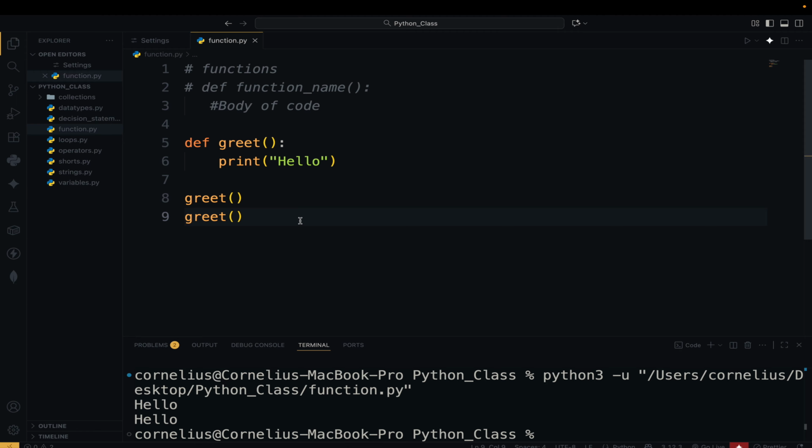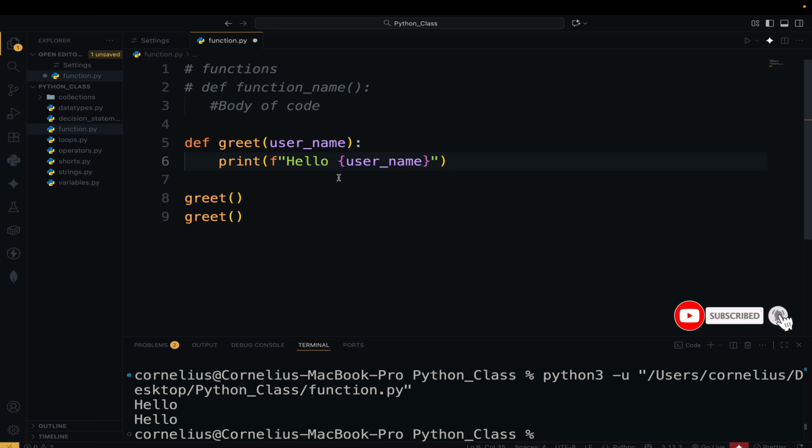All right, now the next thing we are going to look at is parameters. So we can make our functions more powerful and flexible when they take parameters. All right, so let's see a parameter. Now we are going to extend the functionality of our function. So we say the function should take a username, and then we want to say hello to this username. So let me use an f string. I'll say hello username. So what does this mean? It means this function will say hello to any name that we pass to it. So here to invoke the function, I'll pass a name to it. Let me pass my name to it, Cornelius